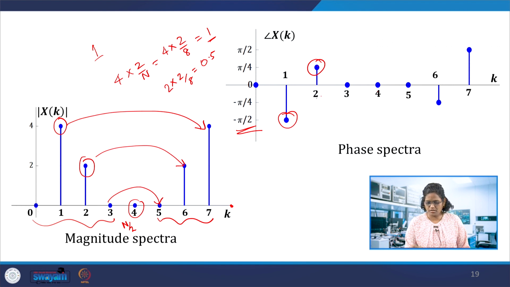So 3 and 4 do not exist, only 2 components were there, and these 2 are again the conjugates, and these are redundant as well. This is the information we get from the magnitude and phase spectra of the DFT. What about the DC signal? The DC is not present, it shows 0. When DC is present, the scaling factor will be 1 by n, that is, the DC into 1 by n will be the actual DC present in the input signal. Likewise, all this 2 by n scaling will be valid for all harmonics except DC.